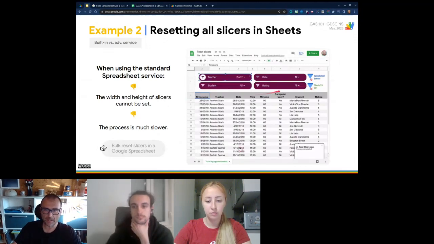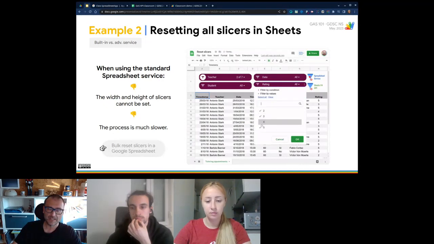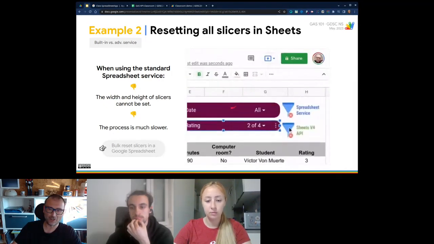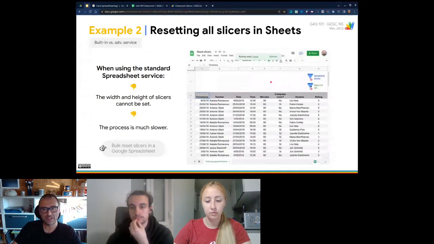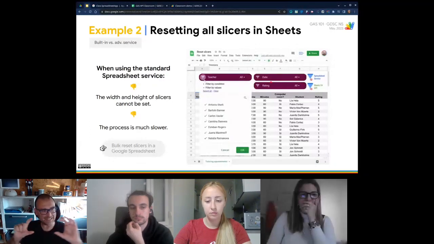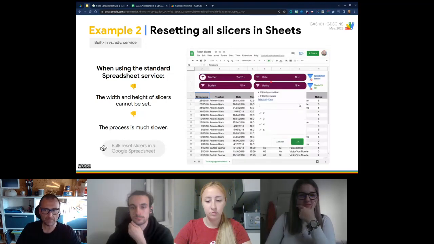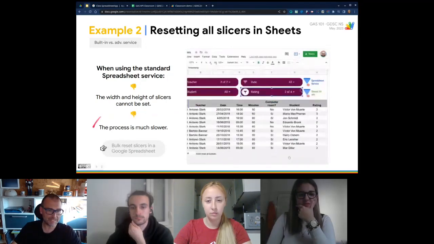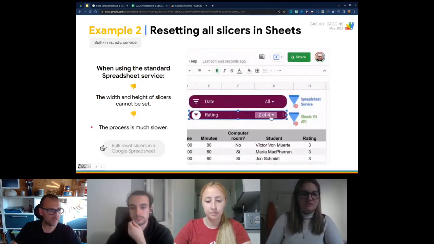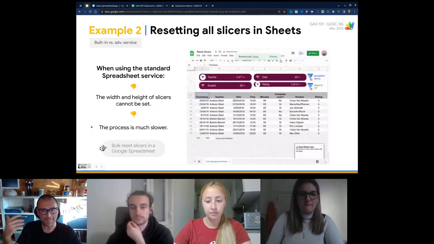The problem when I do this with the spreadsheet service, you can see it here in the animation, is that those slicers that have a different size than the standard one won't be reset correctly.